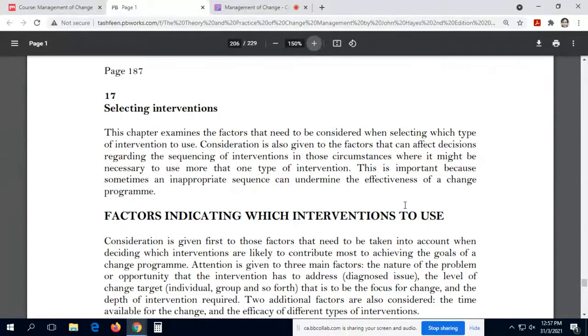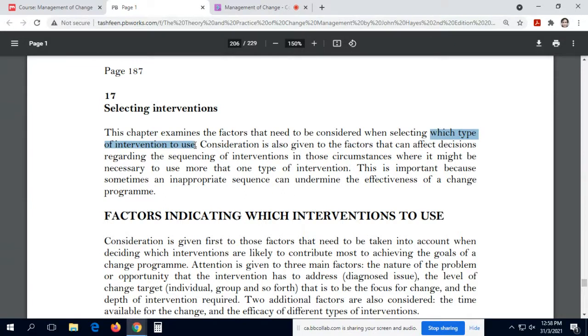But you are going to read the definitions of interventions and then see how you want to qualify the terminology. So for example, in this chapter, they are looking at which type of interventions to use. So all the various models, theories, theoretical frameworks, the little ideas you are trying to explain in your individual assignments, all of those things were in some way some type of interventions.